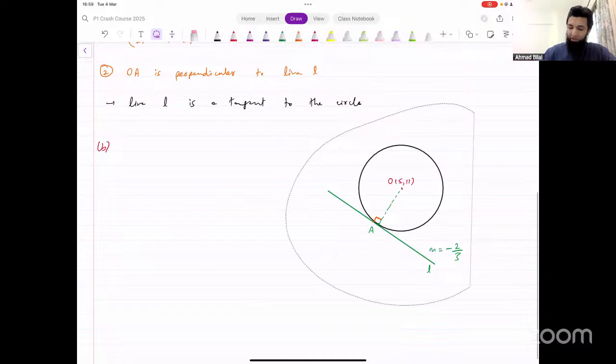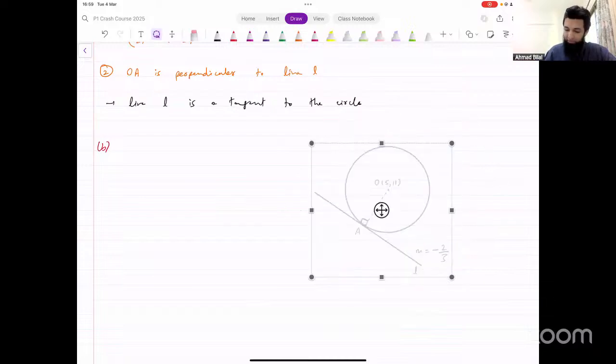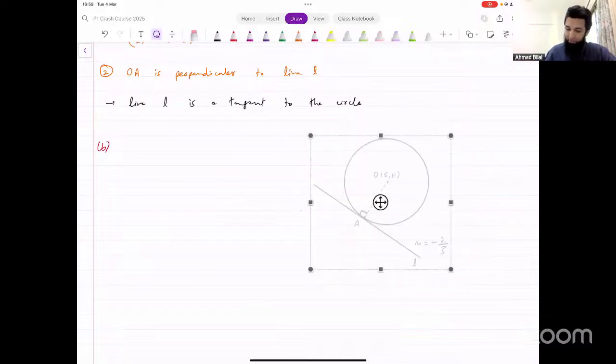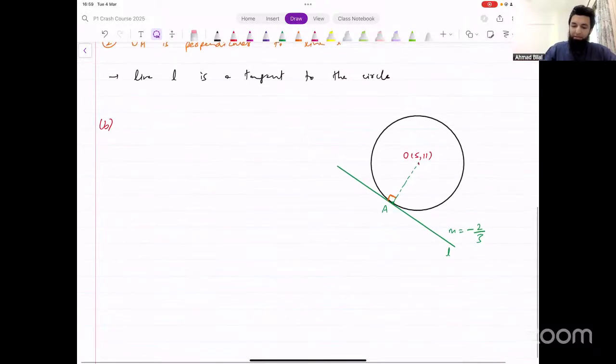This is what the diagram looks like. Now, in this diagram,